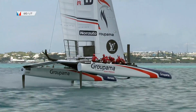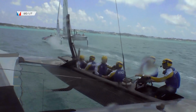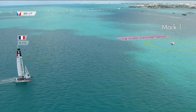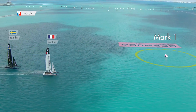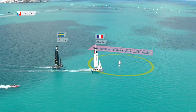They got aggressive, they got underneath Nathan Outeridge, who's a little early for the line, and they look fairly stable on their foils so far. That was the thing that plagued them yesterday, was that instability. Let's see if they get around this mark and keep it nice and solid. That was their downfall yesterday, the ability to keep that stability when up on the foils